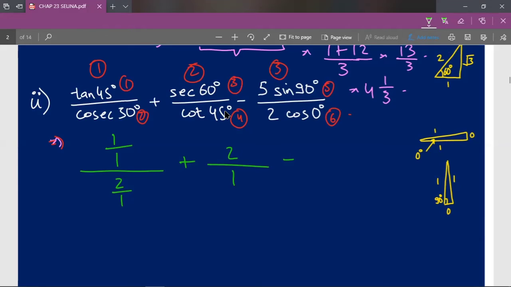Now what do I mean by 5 sine 90 degree upon 2 cos 0 degree? It is the same as saying that if we assume both of these trigonometric ratios to be x, then 5 sine 90 degree, which is x, upon 2 cos 0 degree, which is x, will be equal to 5x upon 2x. It will be according to that analogy that we'll solve our fifth and sixth part. So over here, first of all, we'll solve our